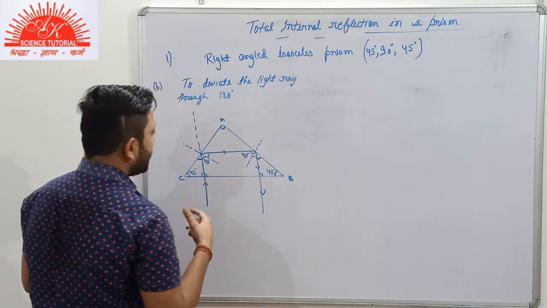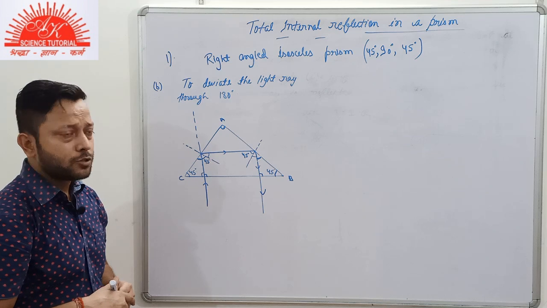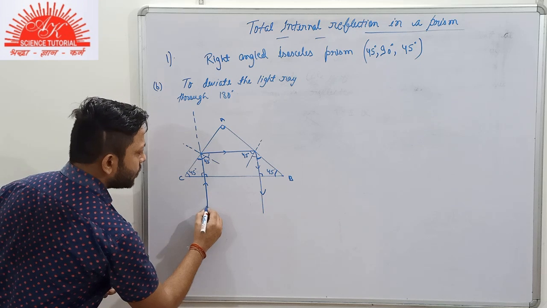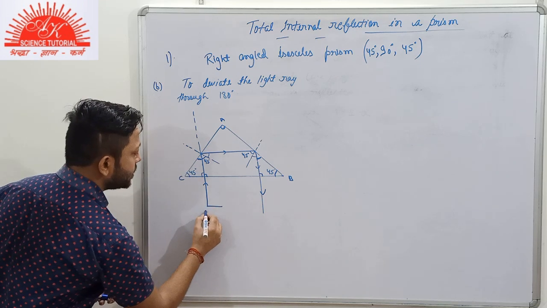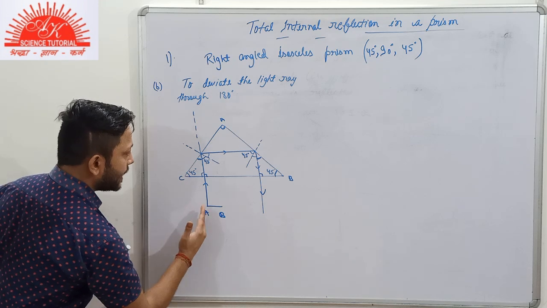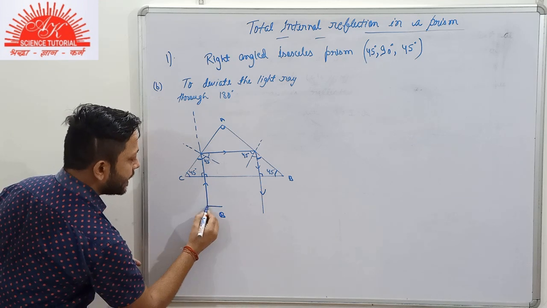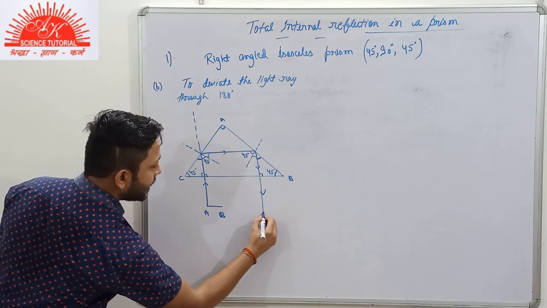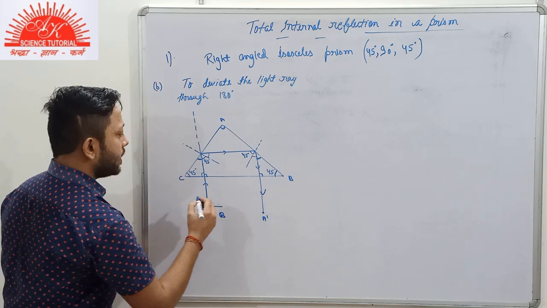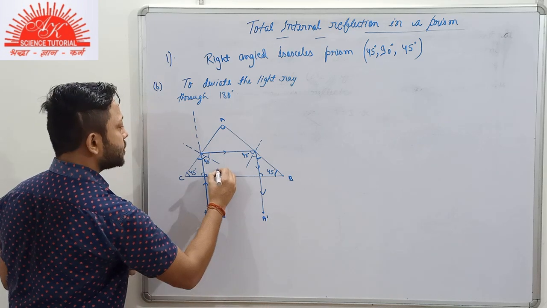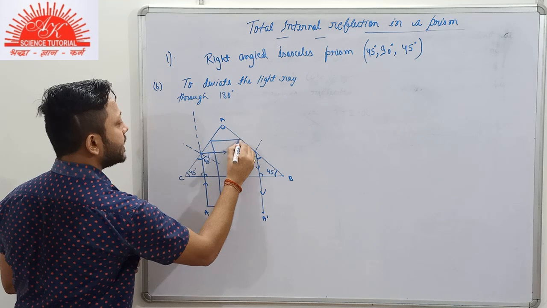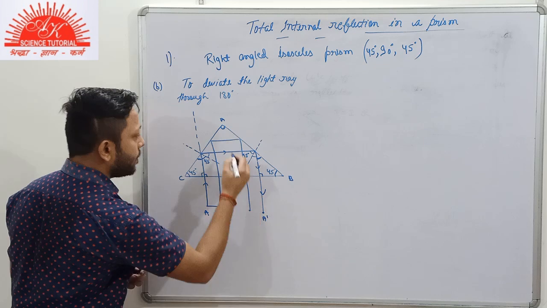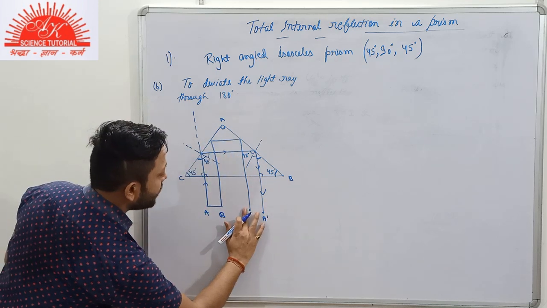Now, you might be asked to draw the diagram for it also. Suppose there is an object, then what will be the condition? I'll draw it for you. If this is our object, suppose this is AB, the light ray that is passing through this end A goes like this, following this path, and after emerging out, this is our image A dash. And if we also take a light ray that is passing through B, then the same condition will be followed here also, and the image for B will be obtained somewhere here.